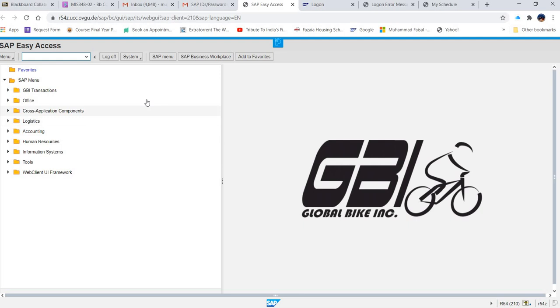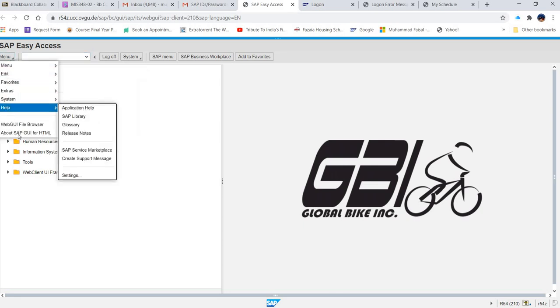If we start from the top of the screen, over here it is written SAP Easy Access. Whatever is under this, we call the Easy Access menus. Under this there is another button, that is Menu, and under the menu there are many other menus you can see.